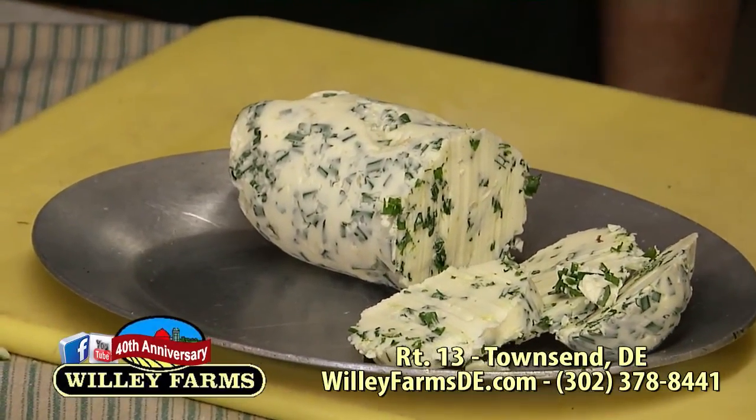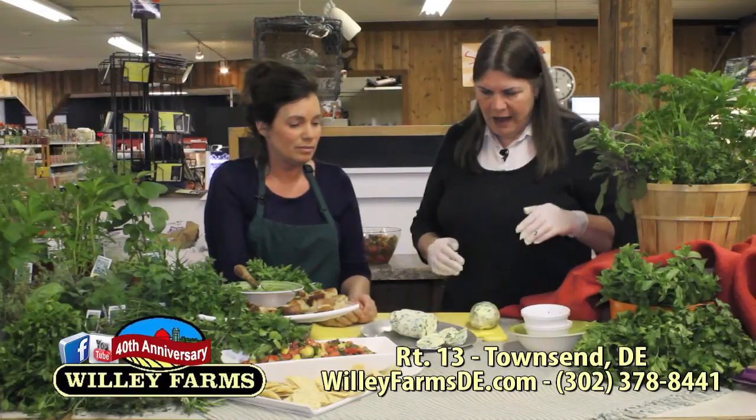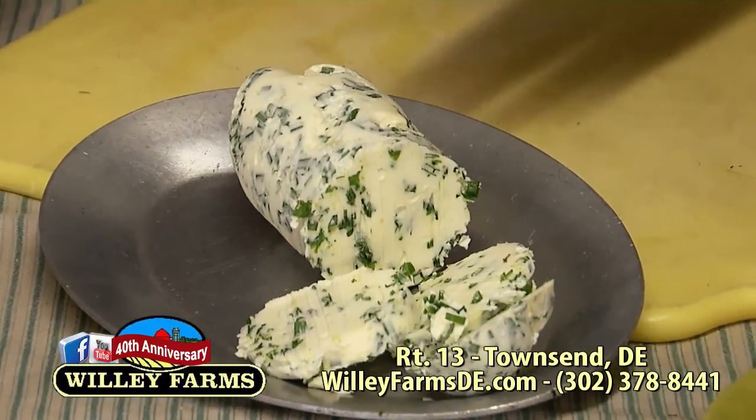And then when it comes out, of course it's a little more solid there, and you cut the slices. Wouldn't that just be pretty? You put it on a steak after you pull the steak off the grill, and it melts. If you have family and friends over, you guys look professional. Wow. All right. So it's just about 10 ounces of butter, a little bit of salt,